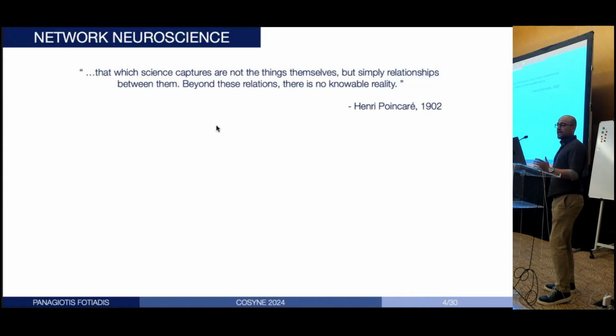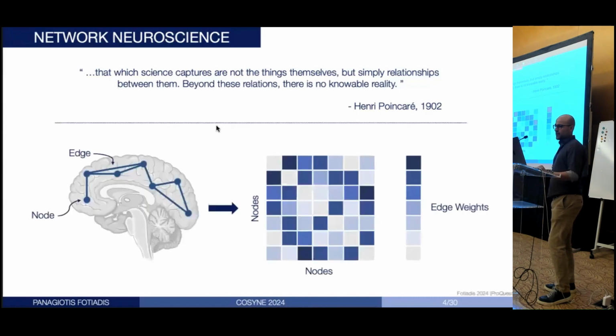And network scientists apply this to neuroscience to study our favorite dynamical system, well, some of our favorite dynamical systems, the brain. Essentially, the way that this goes is you identify independent entities, which in the case of the brain are brain regions. We call those nodes in network neuroscience lingo. And then we try to assess connectivity relationships between them. Of course, that can be defined using a myriad of ways, whether anatomically or via functional coactivation patterns. And once you have defined your independent entities, which in our case are brain regions, and how they're connected to each other, then you can come up with a